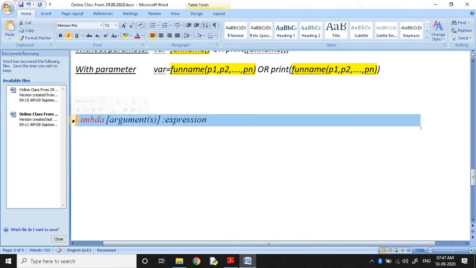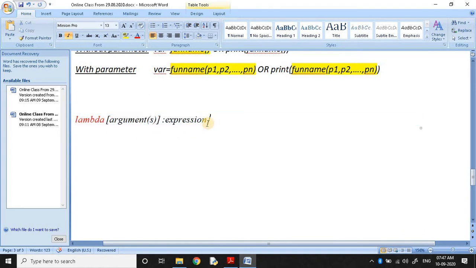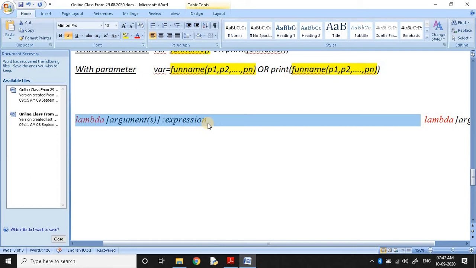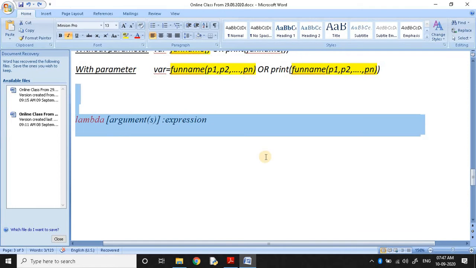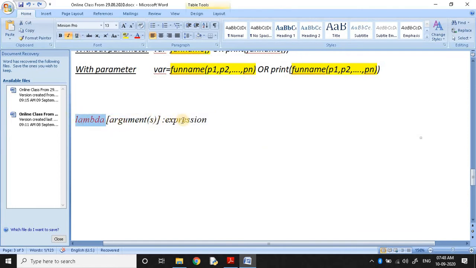For your convenience and for clear understanding, I can rewrite this. Variable is equal to lambda arguments.